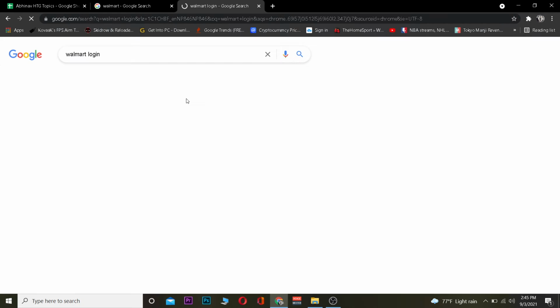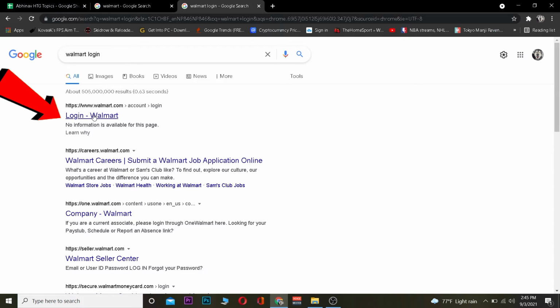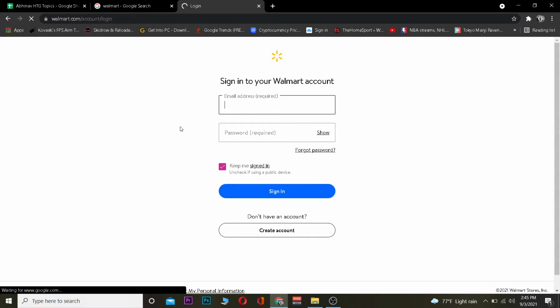First step is you want to search for Walmart login. After you search for Walmart login, you want to click on login Walmart over here. After you click on login Walmart, it's going to take you to the login page of Walmart. You want to enter the email address and password of your Walmart account. After doing that, you want to click on sign in and you should be able to log in to your